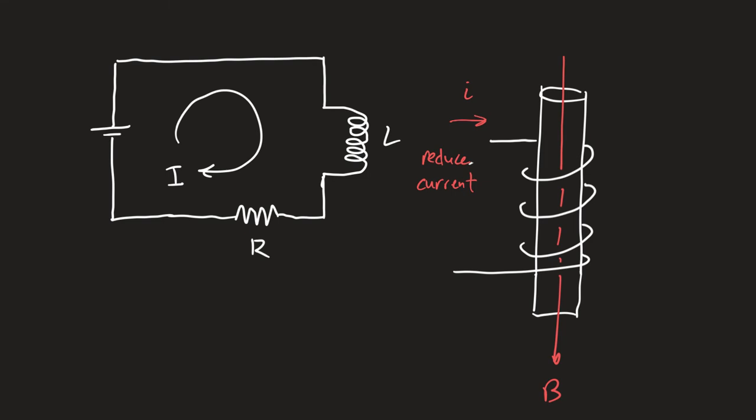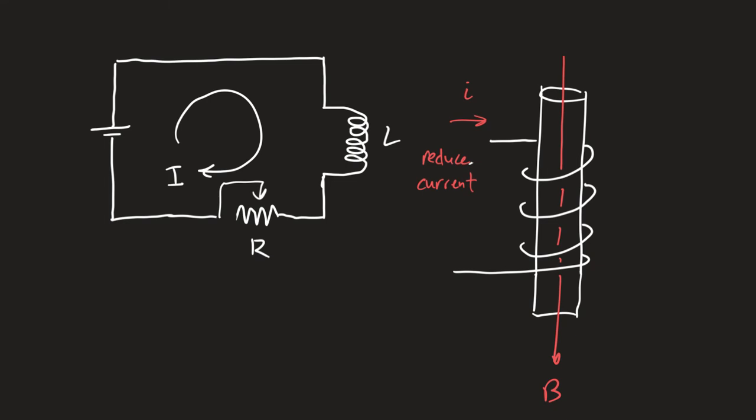So perhaps rather than having a regular resistor in here, we take it out and replace it with an adjustable resistor. One that we could increase or decrease. If I increase the resistance, that would begin to reduce the current. If you attempt to reduce the current, the flux that's passing through the solenoid is going to be reduced at the same time. So there's going to have to be an EMF in place, a back EMF, to try and